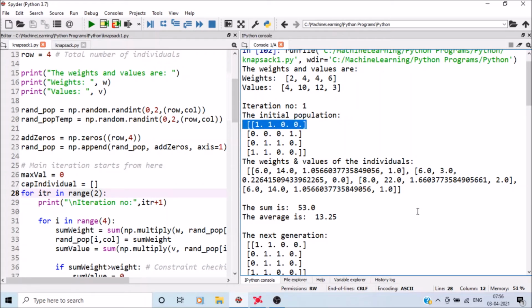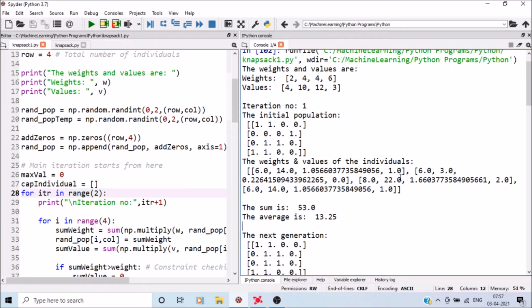Similarly, the second one, 0001, the weight is 6 and the value is 3. And if it is 0110, the weight is 8, the addition of these two, and the total value is 22, and we need 2 copies of this particular chromosome.